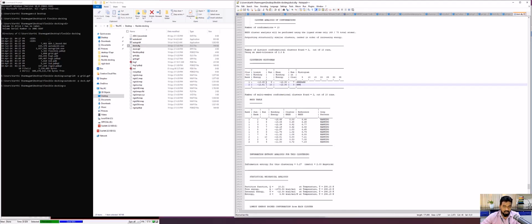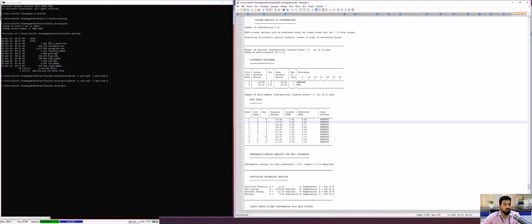The lowest binding energy we got is minus 13.45 for the 9th run, and minus 12.81 for the 10th run. These are the different runs: 9th run, the binding energy is minus 13.45, 8th run minus 13.05, first run minus 12.39, and so on, right? We'll see the detailed analysis in some other session, and this is how to do flexible docking using AutoDock 4 with the help of AutoDock Tools. I hope